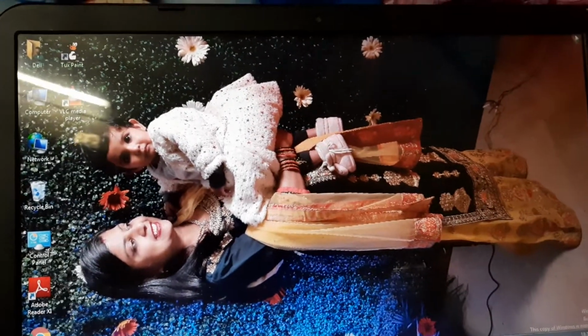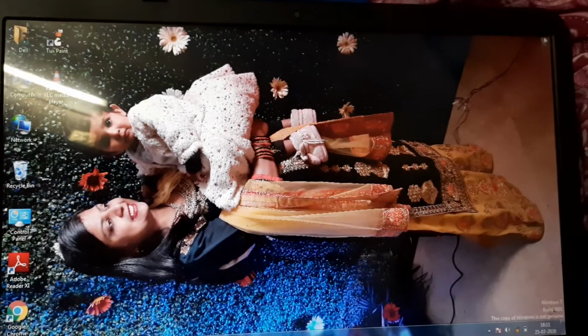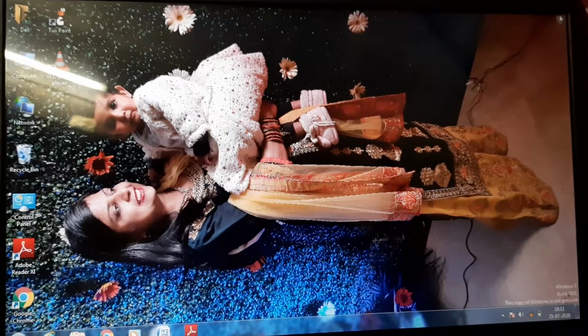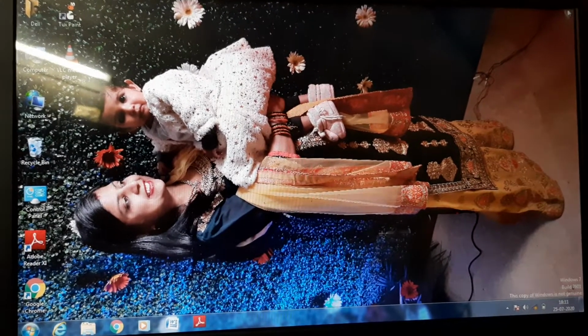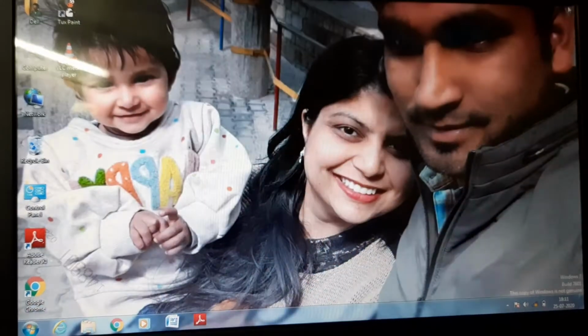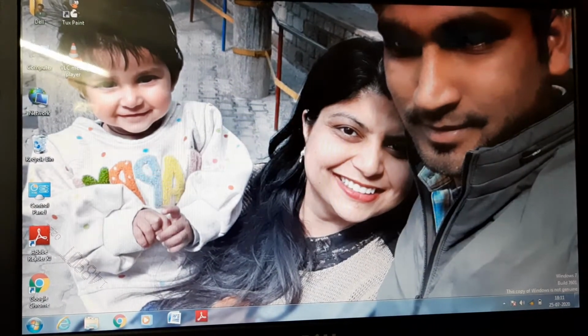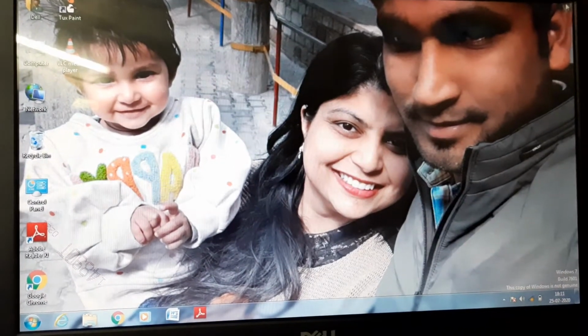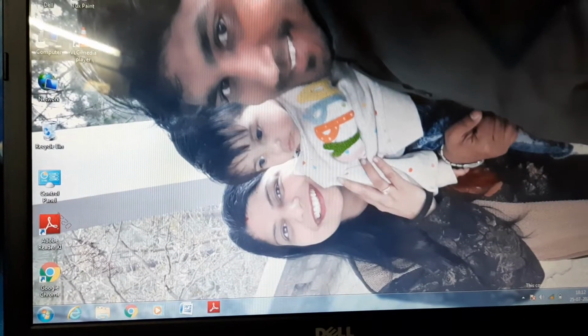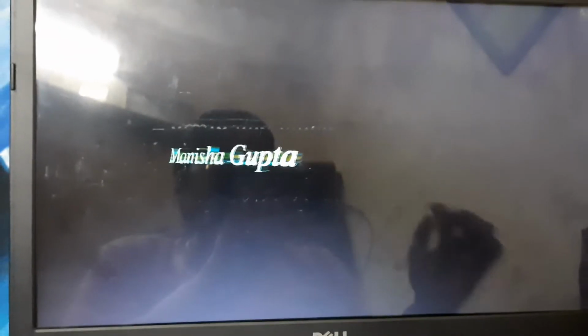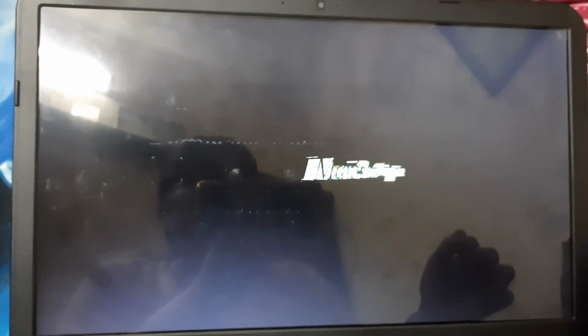After 1 minute you will see that my name will be shown on the computer as a screensaver. See students, this is how you can change the screensaver to your name.